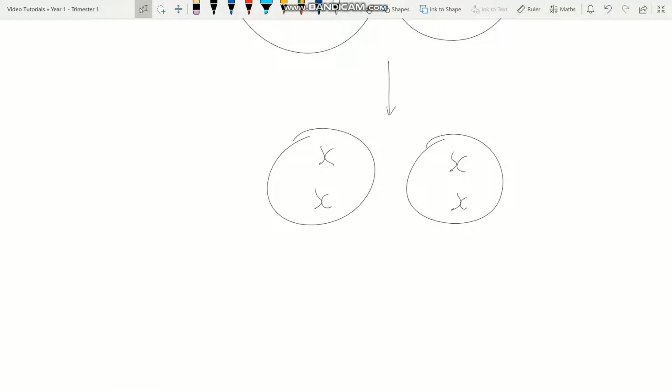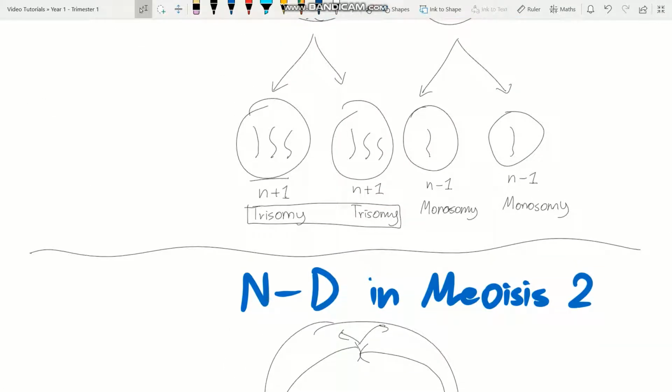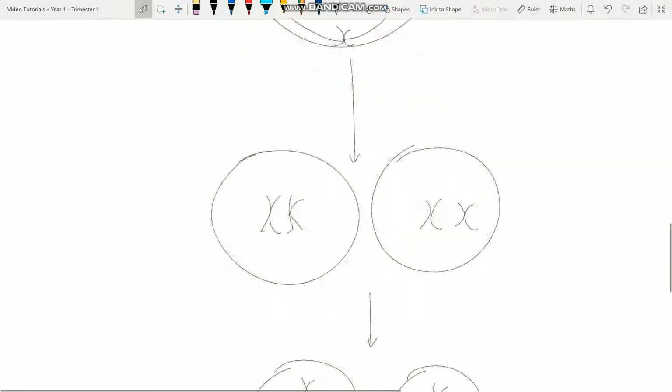And non-disjunction in meiosis II usually occurs only in one of the 2 cells. So what that means is that unlike meiosis I, we will have 2 cells that are normal. So unlike meiosis I, where there are 2 trisomies and 2 monosomies, in meiosis II, there will be 2 normal